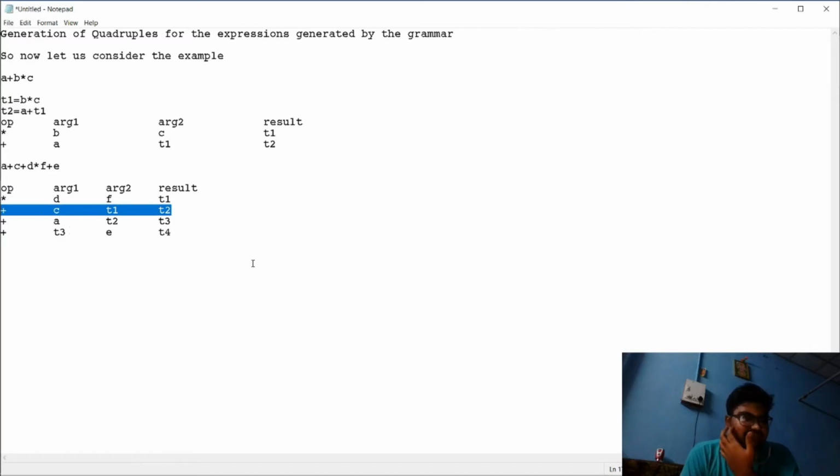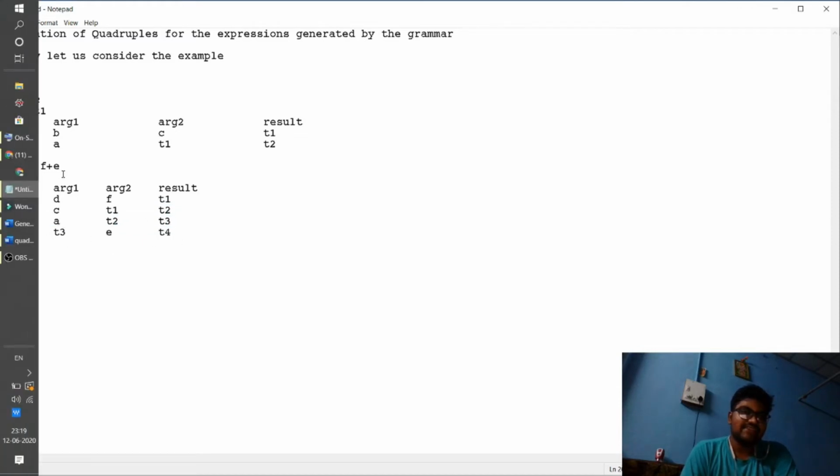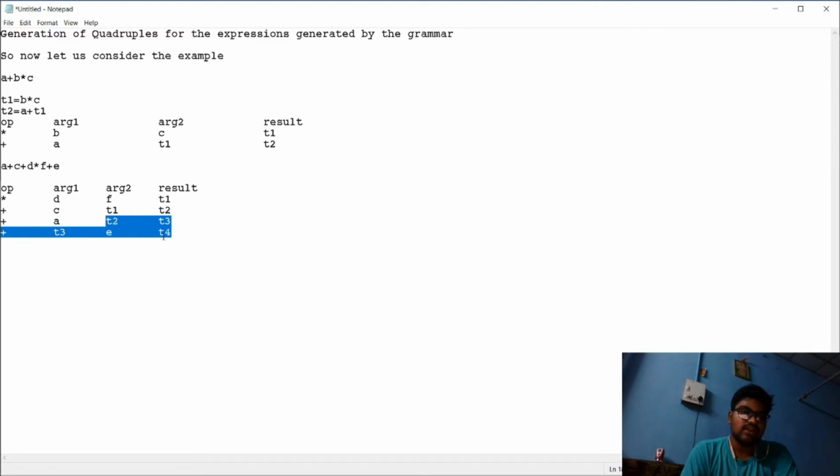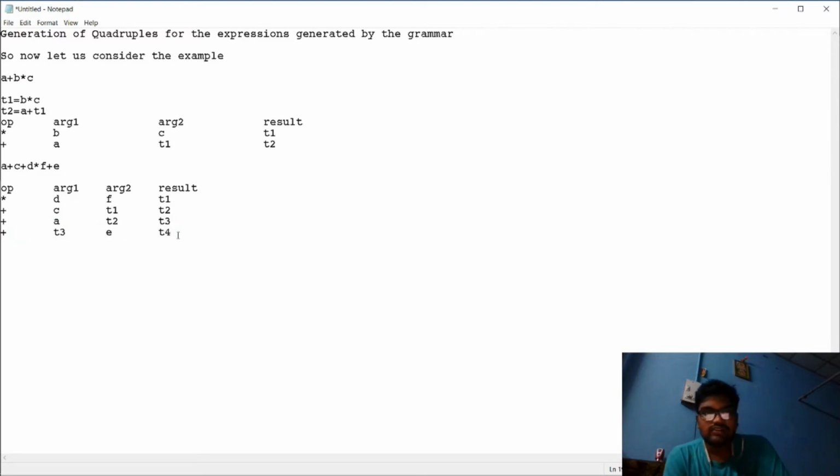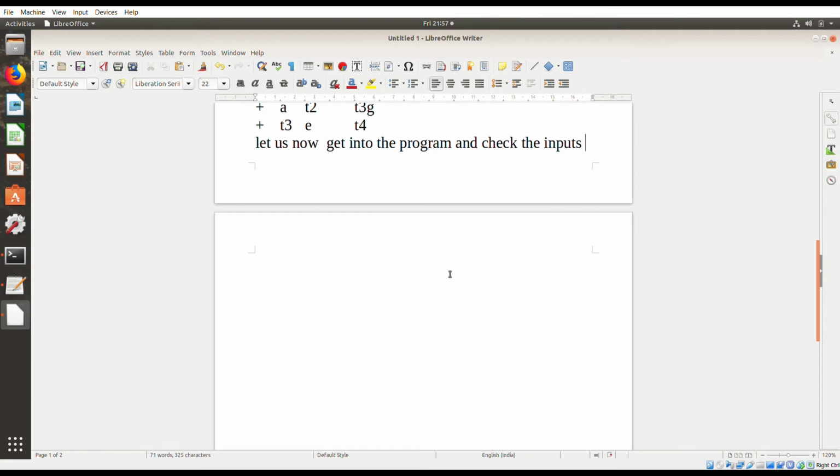Now this t2, that is c plus d star f, is added to a and stored in t3. Finally this t3 is added with e and stored in t4. Now let's execute the code and see how the output shows. Let's quickly jump into the terminal for executing the code.